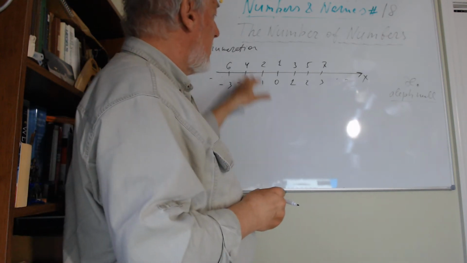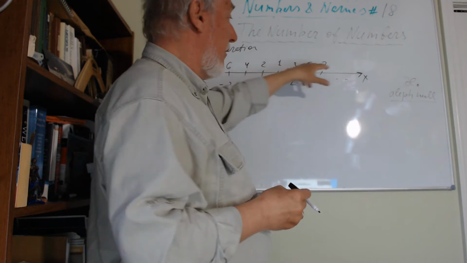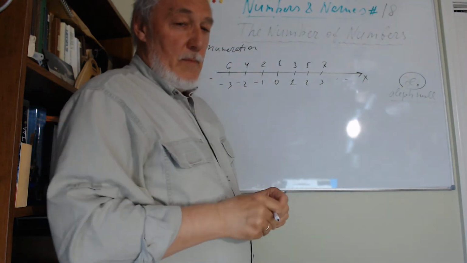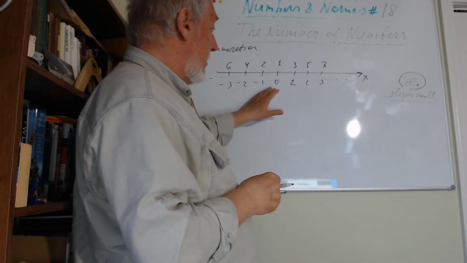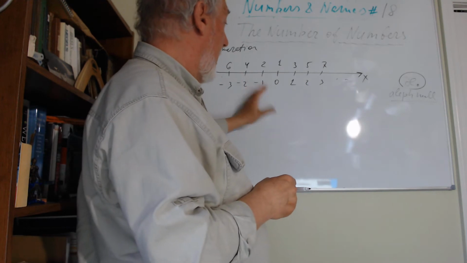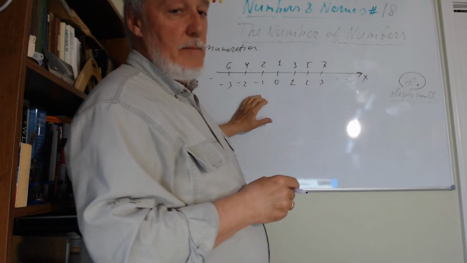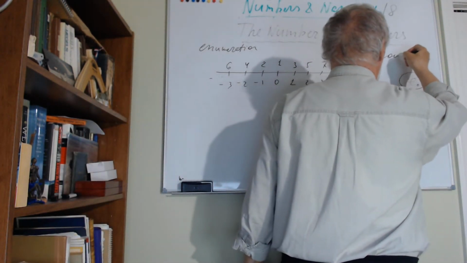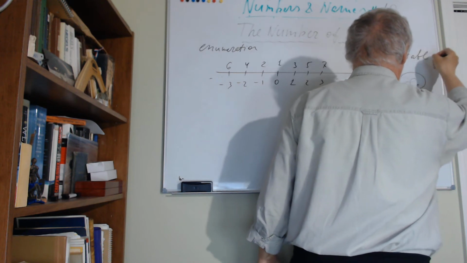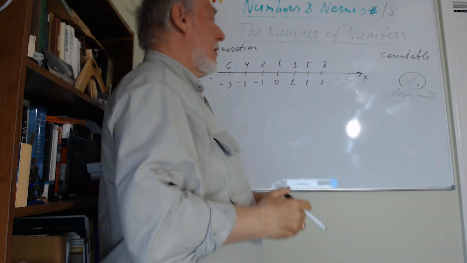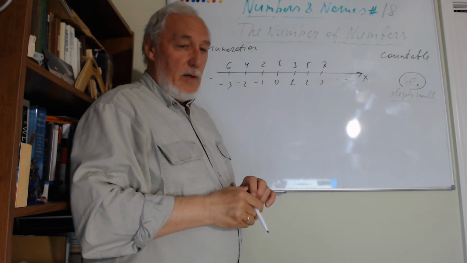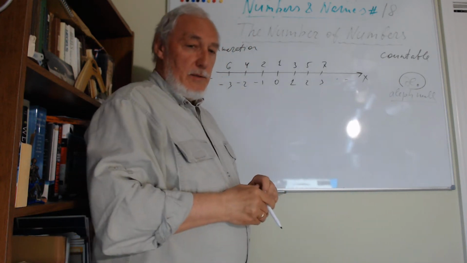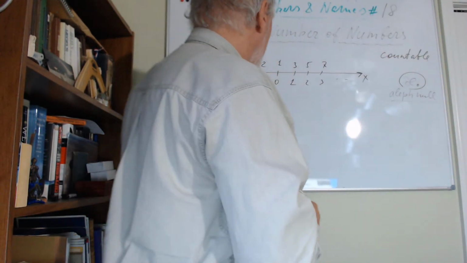Because they are labeled again 1, 2, 3, 4, it will have again this Aleph Null. So it's easy. Just go to the right. It seems maybe a little weird, but the amount of these numbers is still the same as natural numbers, and it's called Aleph Null. By the way, it's called countable. This is the term, countable. So all these sets of numbers are countable by the natural numbers, 1, 2, 3, 4, 5, etc. And the number is Aleph 0.